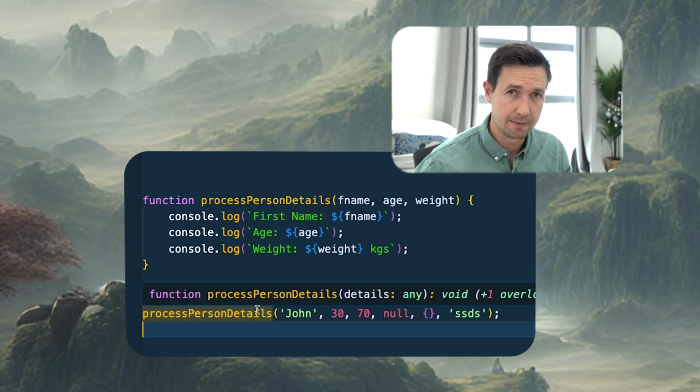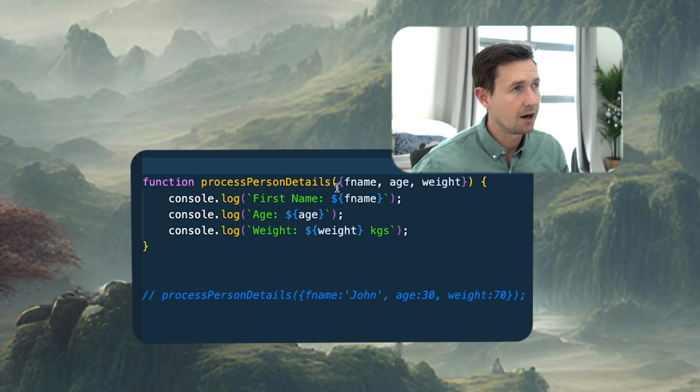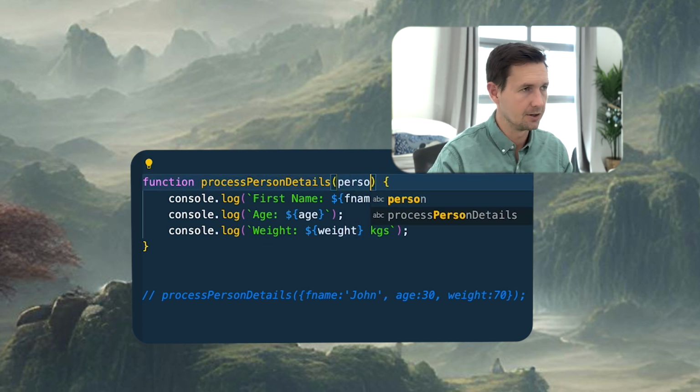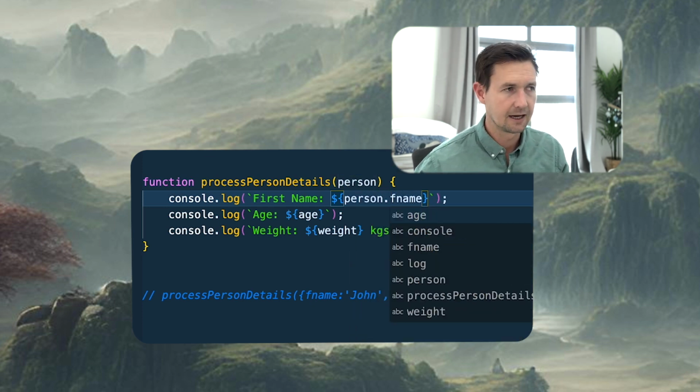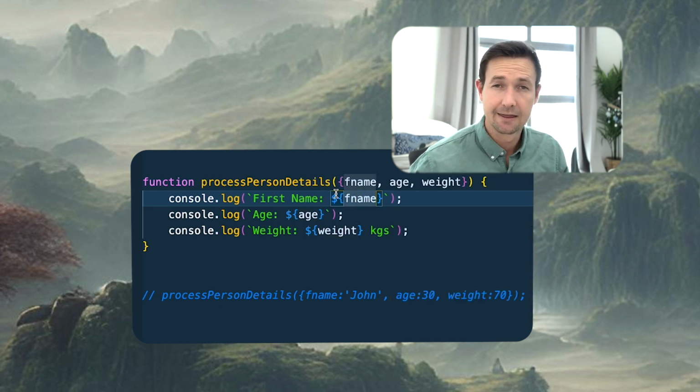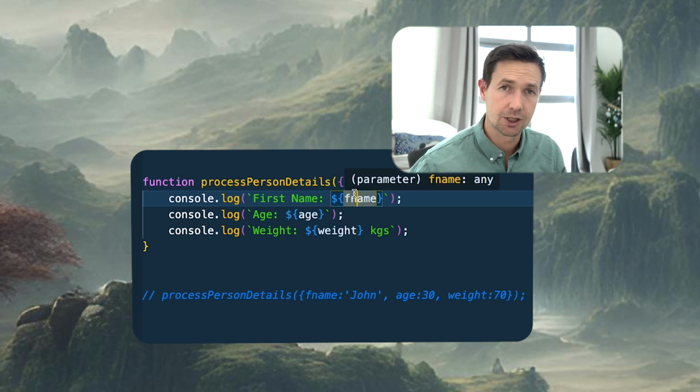This is a much better approach. Instead of passing in the parameters individually, we pass in an object. So this would actually be something like person. And when we need the properties inside of person, we can just use it like a normal object. Person.firstname, person.age, person.weight. But even better than using a single parameter name for that object is to destructure it inside